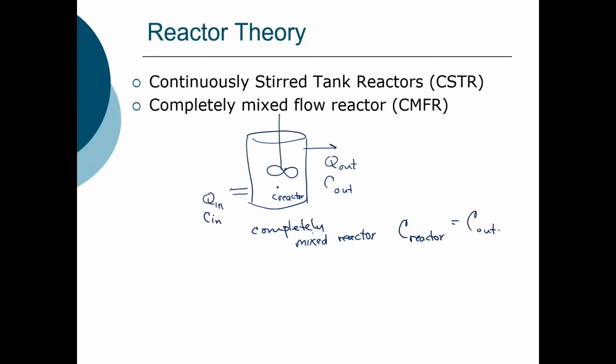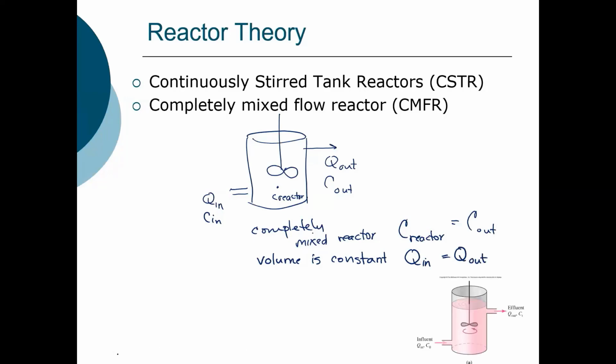If the volume is constant, that means that Q in is equal to Q out. And you'll often see an image like the one that I've shown you here to describe the reactor. We talk about an influent concentration, that's the flow in, and we talk about the effluent concentration, that is the